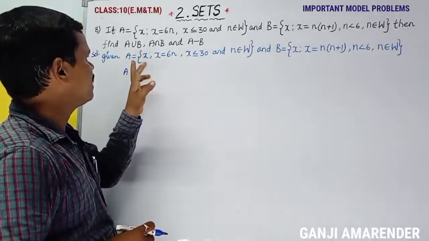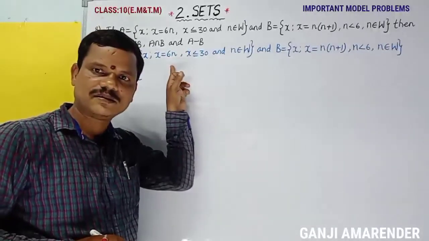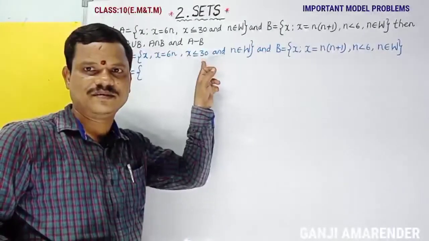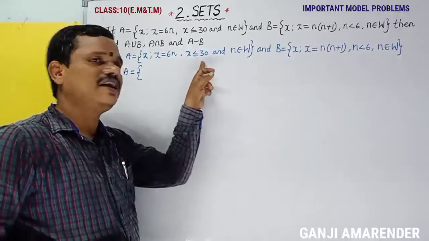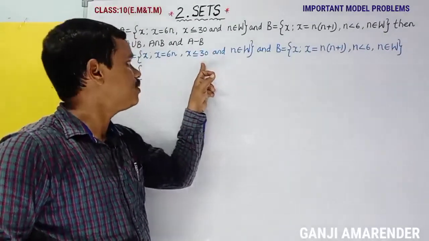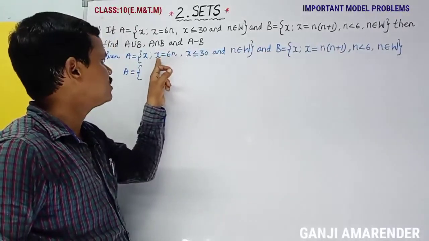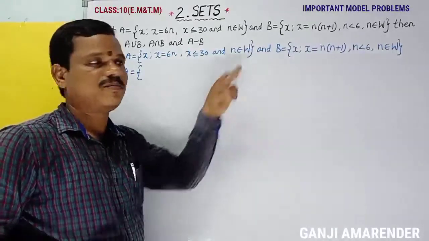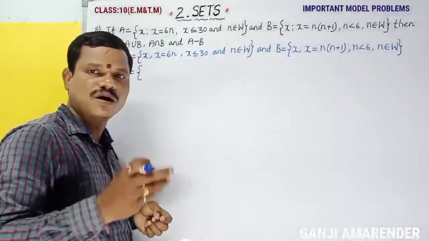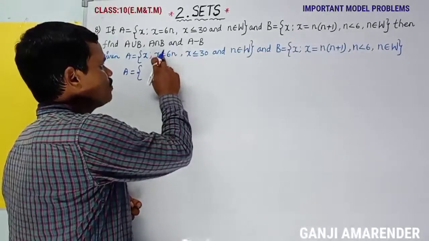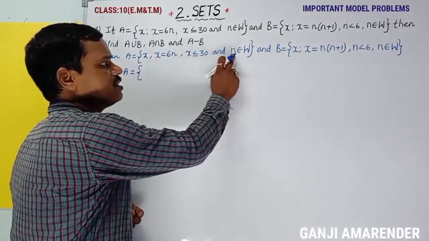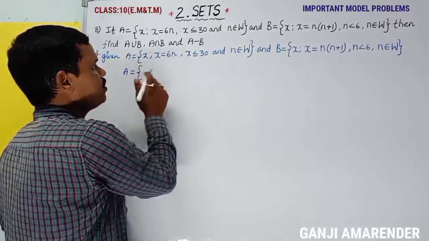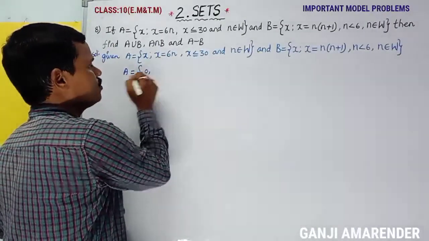The set builder form of A is x such that x is equal to 6n and x is less than or equal to 30. The element should be 30 or below 30. And what else did he say about n? In x equal to 6n, n belongs to W, which means 0 1 2 3 4. Here in the place of x, in x equal to 6n, since n belongs to W,